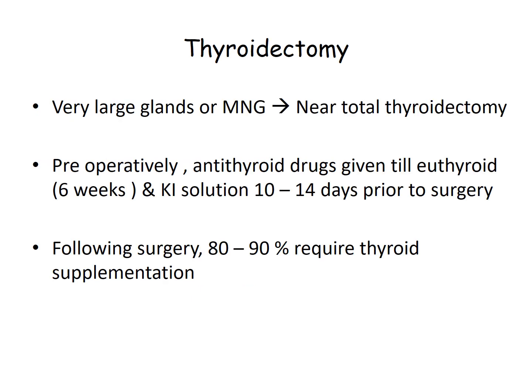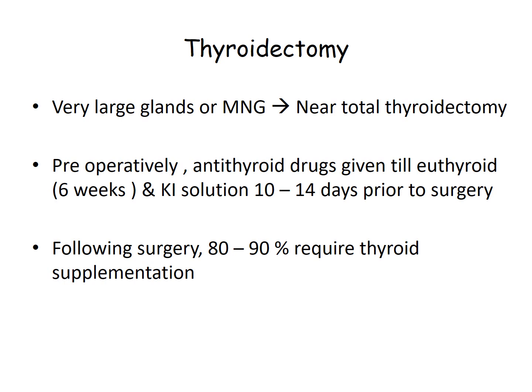And the definitive therapy for hyperthyroidism is the thyroidectomy. So a few words about thyroidectomy. When the gland is very large, sometimes there will be a single nodule, sometimes a multinodular goiter. For multinodular goiter, the treatment of choice is thyroidectomy. And also when a single nodule itself is very large, the treatment of choice is thyroidectomy,